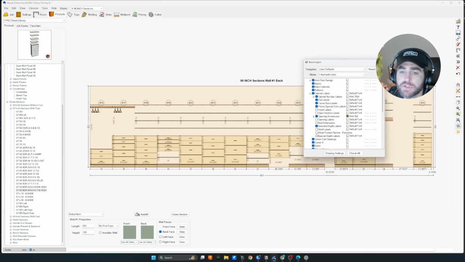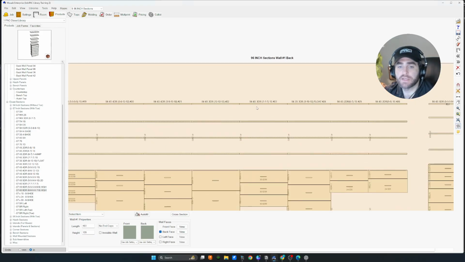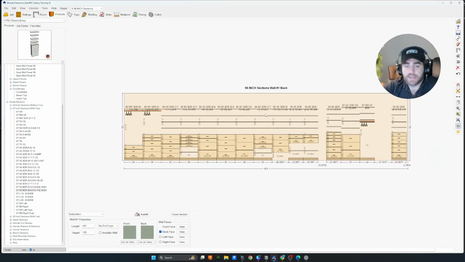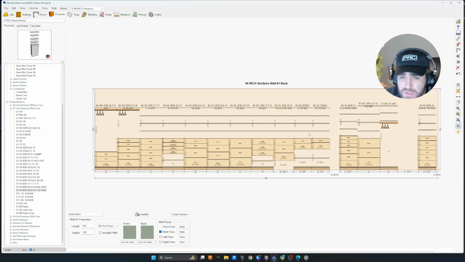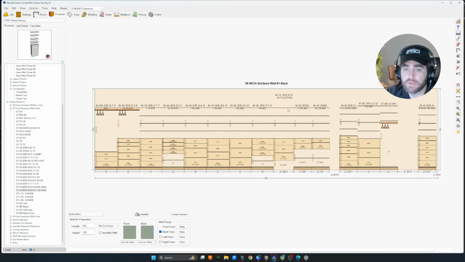And then here we have show product names. So you can see here it's a little bit intense, especially when you start adding panels in here. But you can right click, go to the label, and move the label. So this would be a great way to label your elevations for maybe a designer, a contractor, and